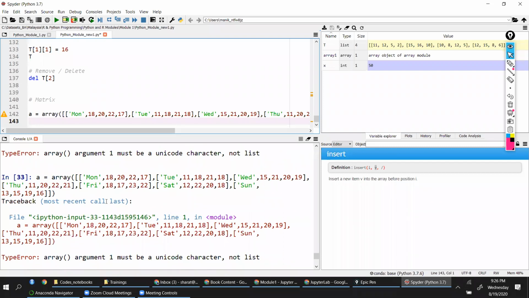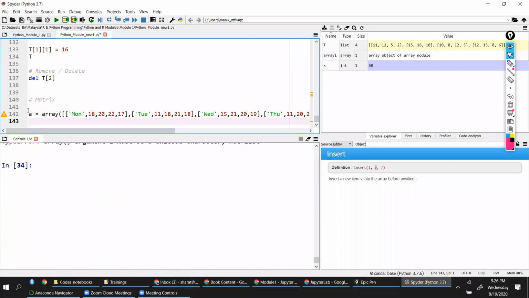It's not even showing any error. Because I copy pasted from there, could be some special characters somewhere it has captured.